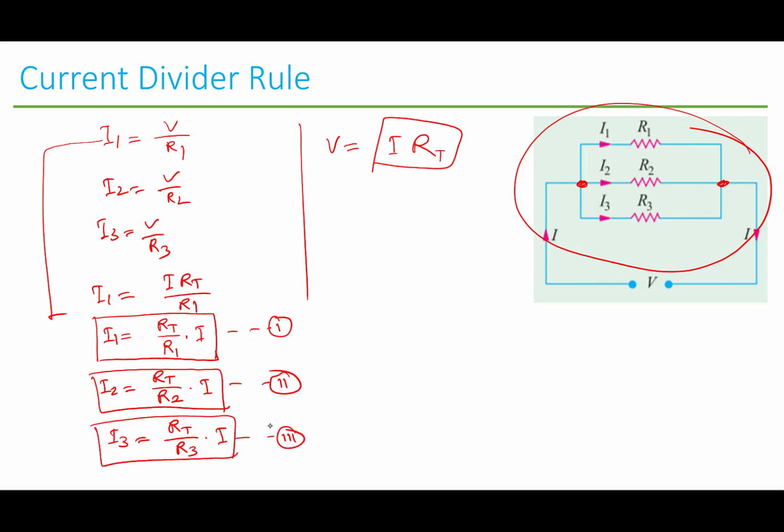So this is known as the current divider rule. That means whenever the total current I is given here, you can find out the individual current. Now, a generic expression